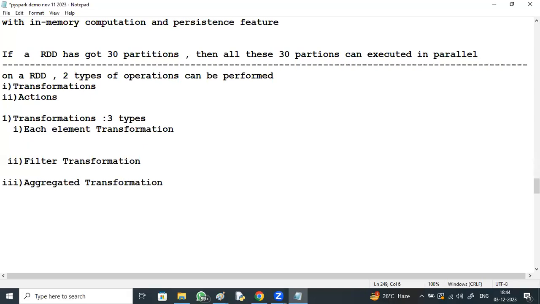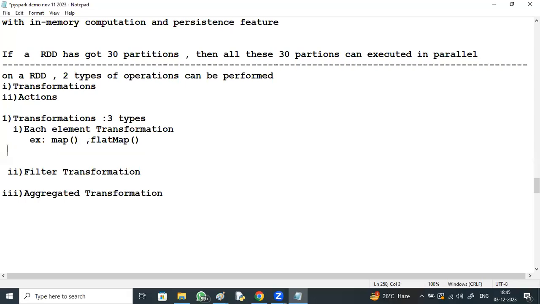For example, for each element transformation, there are some built-in functions like map and flatMap. Example here: transforming each element. For example, assume each element means each name.